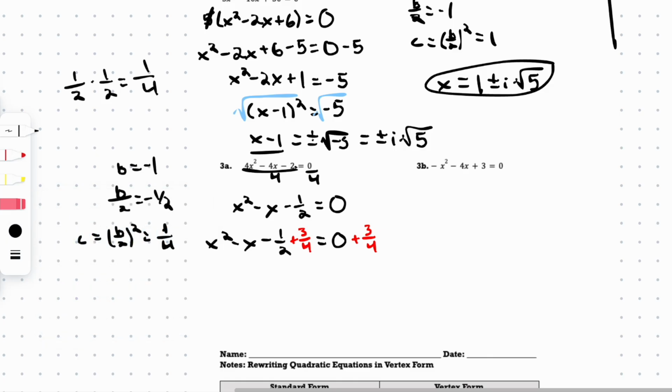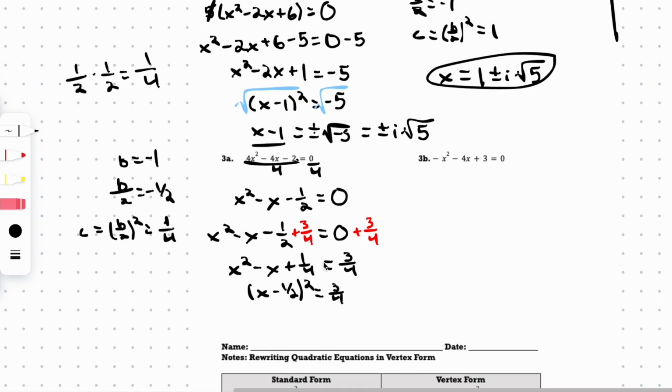Now I'm just going to rewrite this left side. We have x squared minus x plus 1/4 equals 3/4. And now I can just rewrite this as a square of a binomial where it's x plus b over 2, and we said b over 2 is negative 1/2, squared equals 3/4. If I take the square root of both sides,